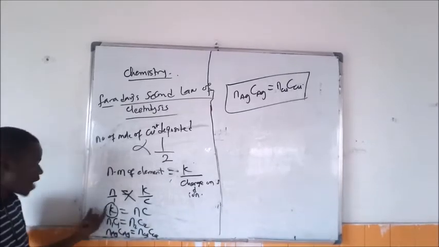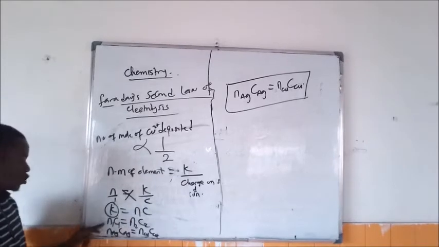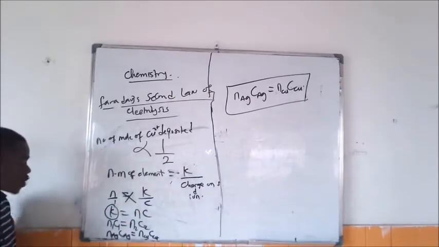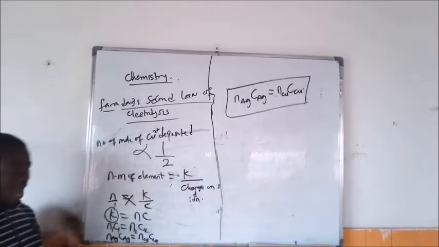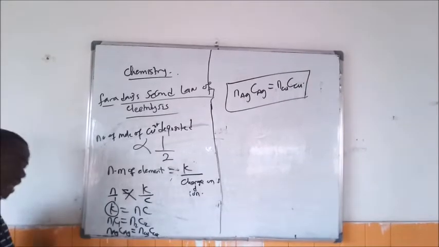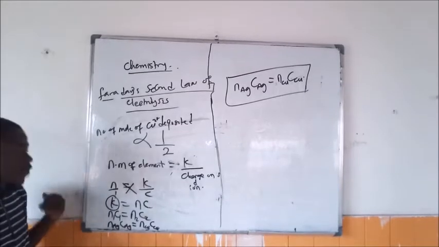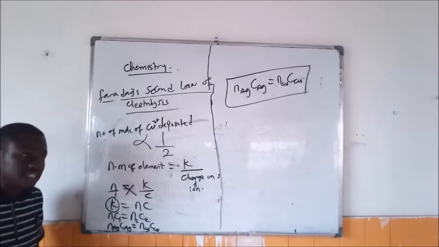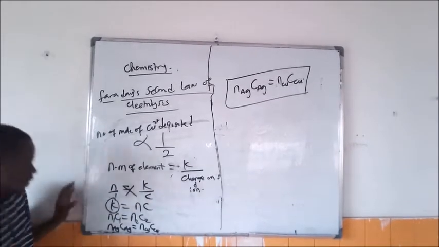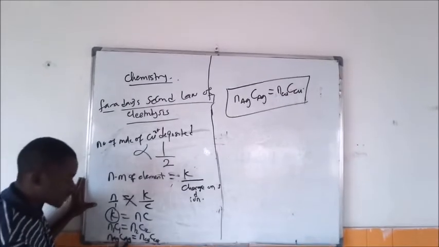So from this relationship we can say N1C1 equals N2C2. Anytime you have a constant equal to two particular variables, you can do this. Now, what it means is that since we have two ions at the cathode, silver deposited at the cathode, and at the same time copper deposited at the cathode, and since the same quantity of electricity is passed through the electrolytes, you can infer that this one, you can take it as silver, that is moles of silver multiplied by charge of silver equal to